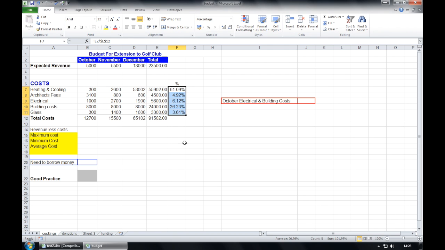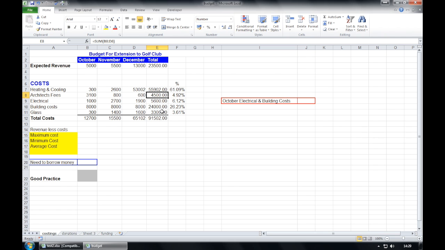Press OK. We have 2 cells, E7 and E8. E7 is here and E8 is here, and they have 2 different ways of summing the range. In E7 they've simply used B7 plus C7 plus D7, whilst in E8 we've used the sum formula and then selected the range that we want to look at.